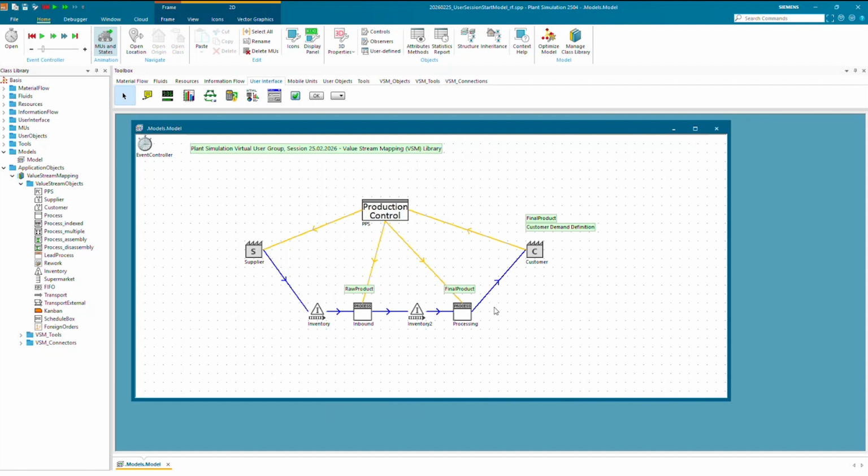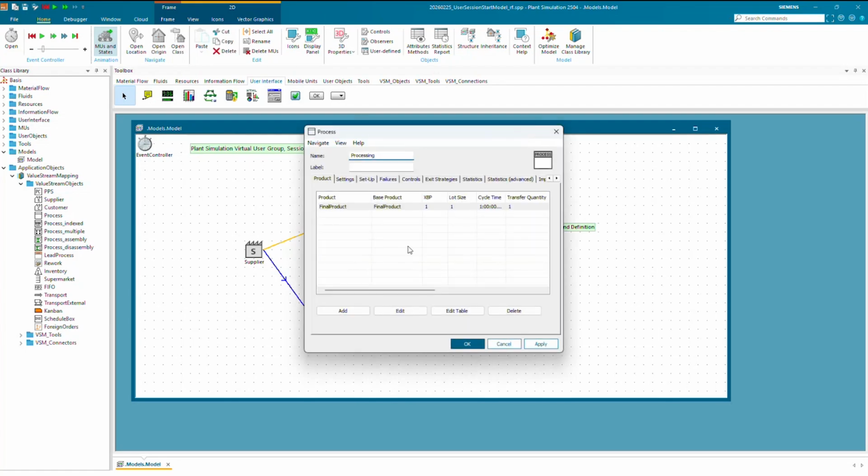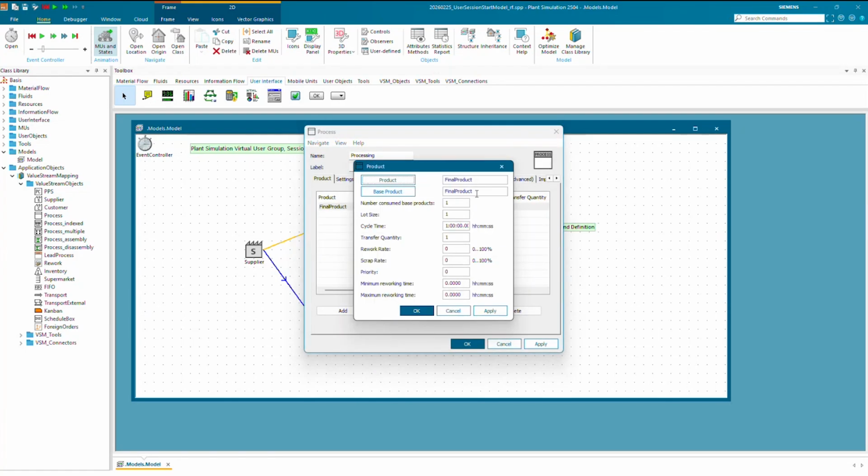So based on this, there would now be a product transition, and for that, this can also be defined within the station, where you can say, okay, I have here a product which is going out, and another product which is coming in, which is the base product.